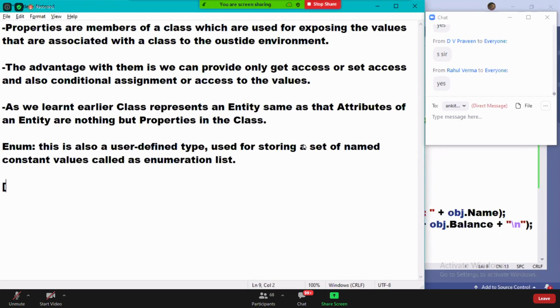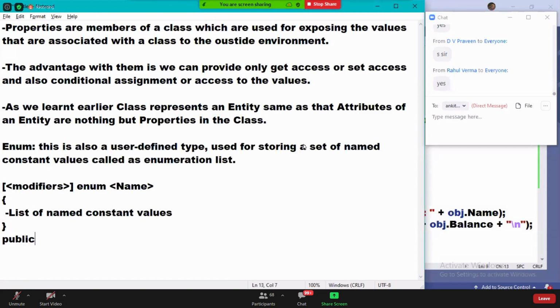How do we define it? Modifiers, enum, name of the enum, and here a list of named constant values.